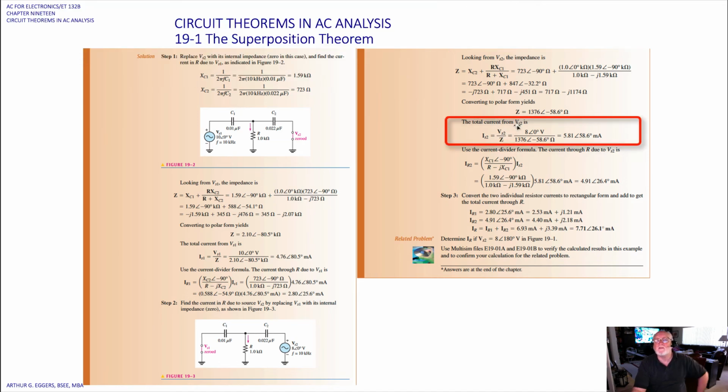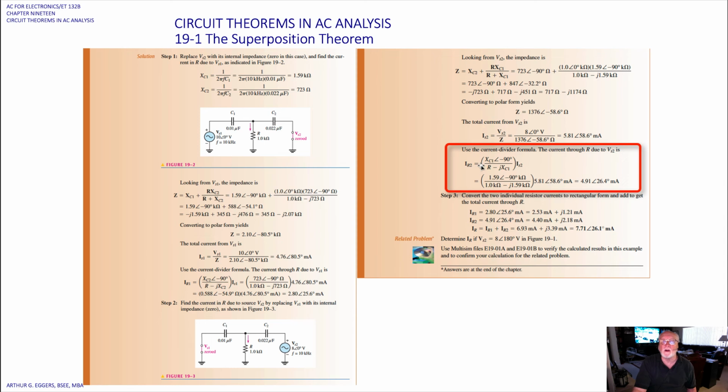The total current then for the source 2, using Ohm's law, I source 2 is V source 2 divided by the total impedance. So 1376 at an angle of minus 58.6 into 8 volts gives us 5.81 at an angle of 58.6 degrees in milliamps. Use the current divider formula. The current through the resistor due to Vs2 is given by our relationship here, I through R2. Then we get a current of 4.91 at an angle of